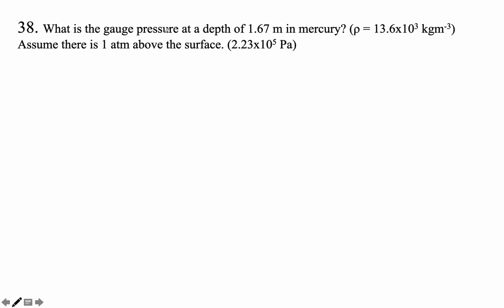What is the gauge pressure at a depth of 1.67 meters in mercury? Assume there is 1 atmosphere above the surface. Okay, good. We've got it. So the pressure is the pressure above plus rho of the fluid times g times your depth in the